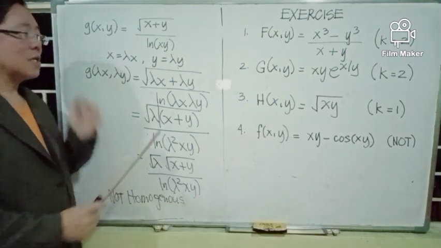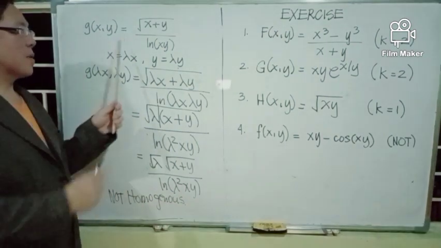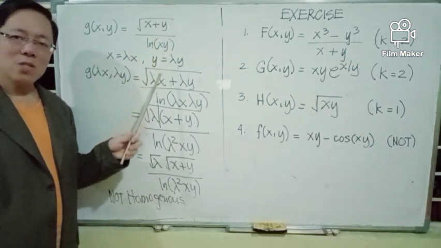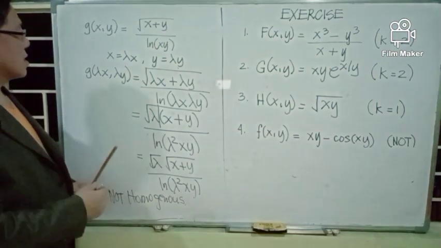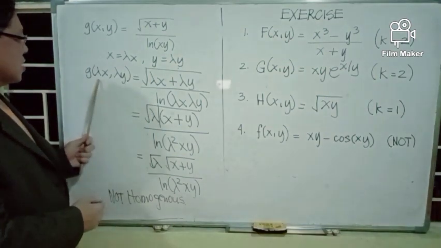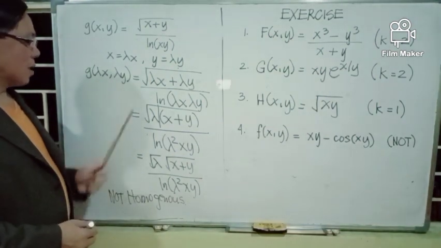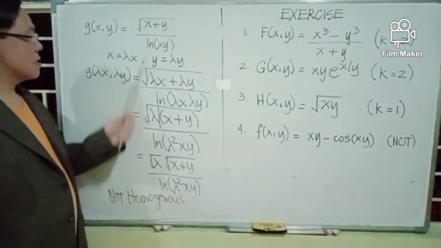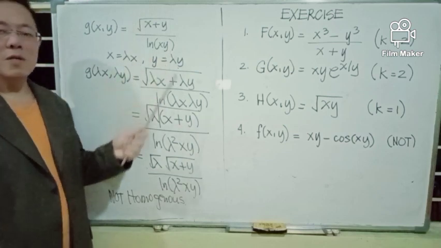This function g, defined by square root of x plus y over ln of xy, is not homogeneous because we cannot write g of lambda x, lambda y as a product of lambda raised to some exponent times this function